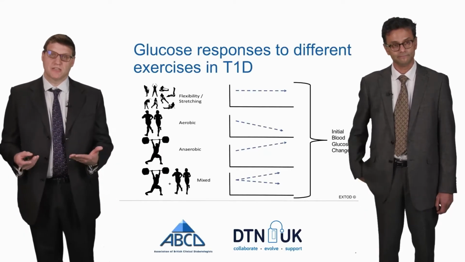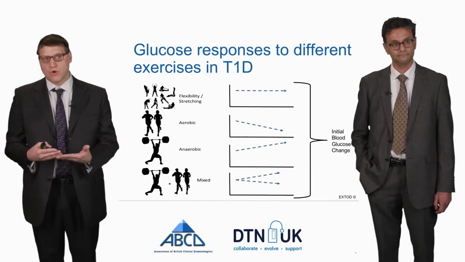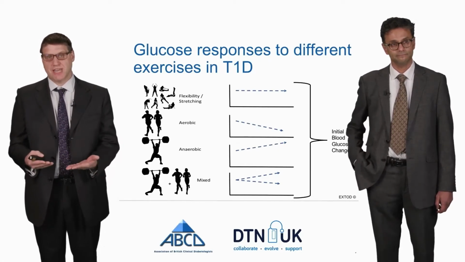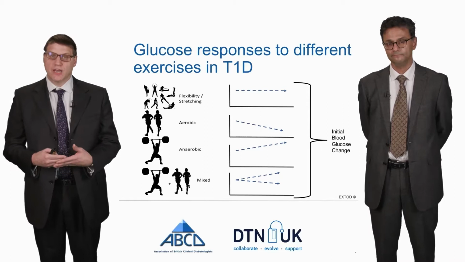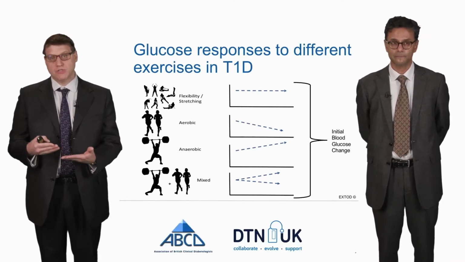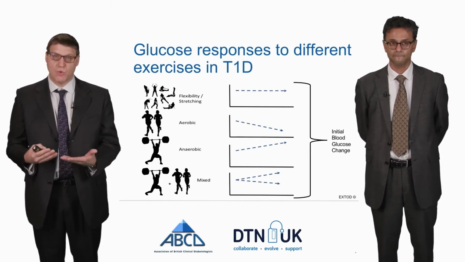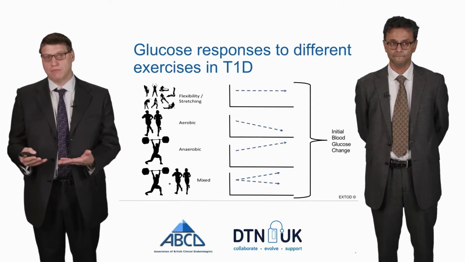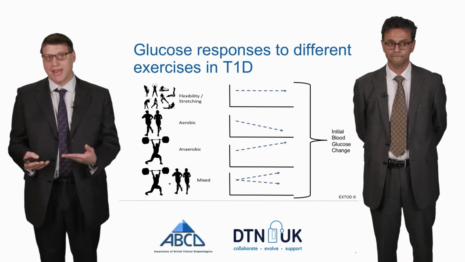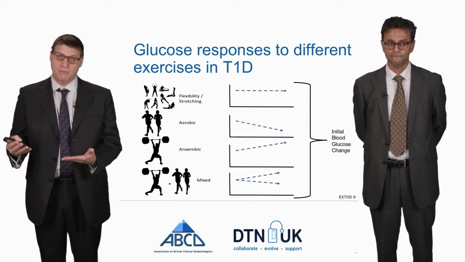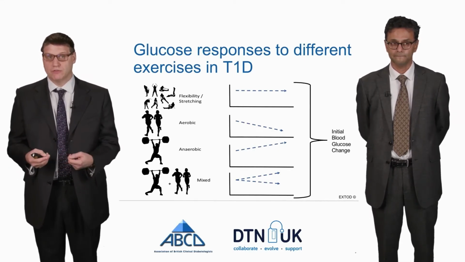So the reason for splitting these into these types of sports is that they actually have differing effects. So what you can see on this diagram is that if you do a flexibility exercise, on the whole what will happen is that your glucose will stay fairly steady. If you're doing an aerobic exercise, on the whole what will happen is your glucose will gradually drift down. And if you do an anaerobic exercise, an explosive exercise, lifting weights, then your blood sugars will tend to go up. If you're doing a combined exercise or a mixed exercise, such as a team event where you're doing both aerobic and anaerobic, your blood sugars can either go up, they can stay the same, or they can fall, depending on how much you're doing of those components.